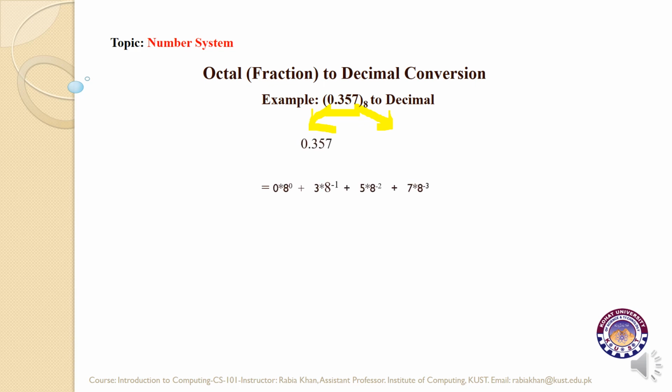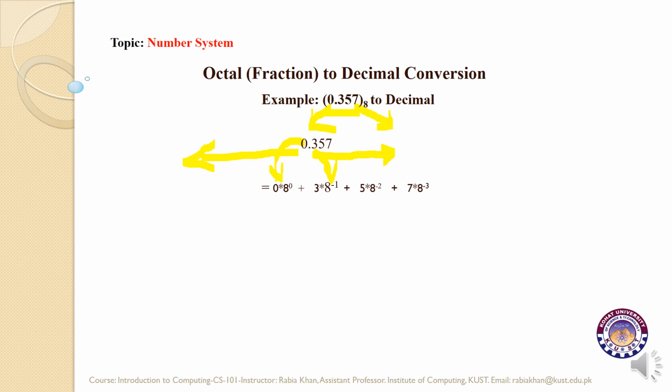0.357 is the number, and this is how we perform the multiplication. 0 is an integer part, so it is multiplied by 8, power of 8 is 0. If we are given more numbers, the multiplication process will move from right to left here. Now 3 is a fractional digit. It is multiplied by 8, power of 8 is -1. Multiplication process, as you can see, starting from 3, it will move on left to right.